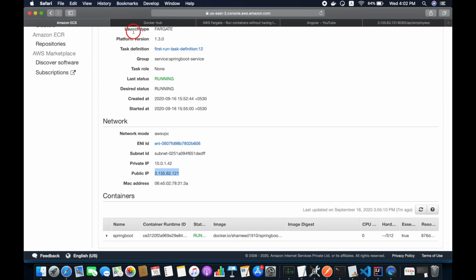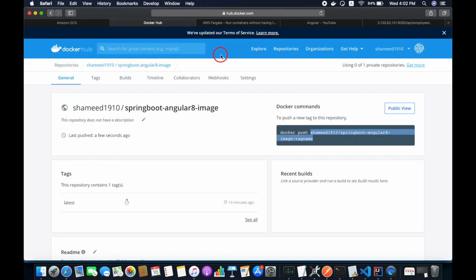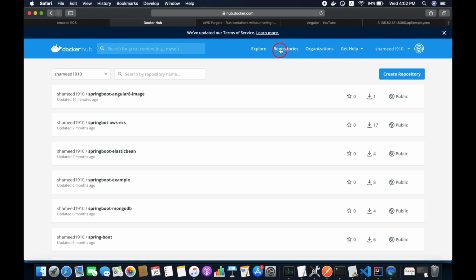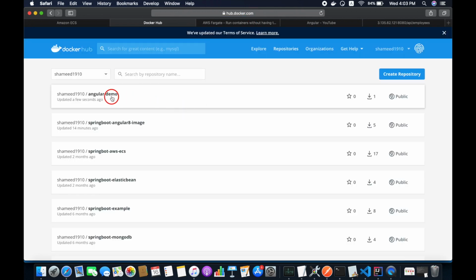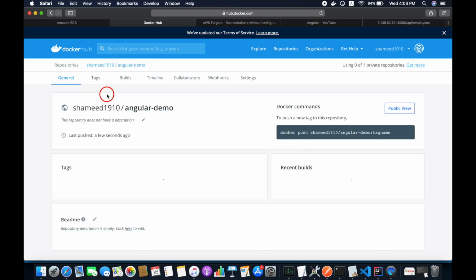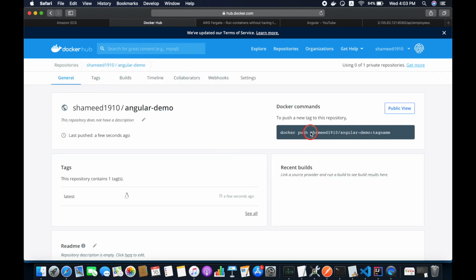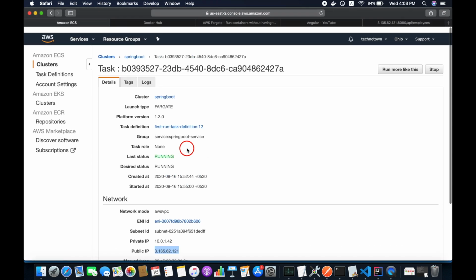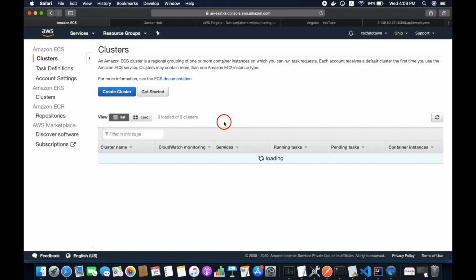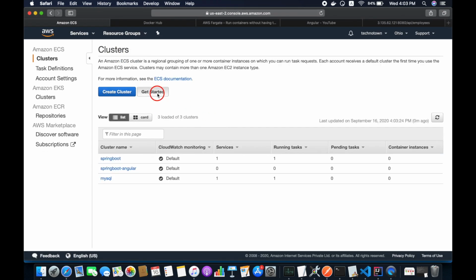Go to Docker Hub and click on repositories, and let's refresh this URL. Yes, this is the image that we pushed. Just copy this image name, and come to your Amazon ECS.